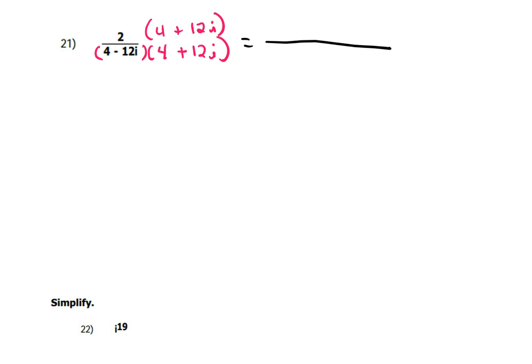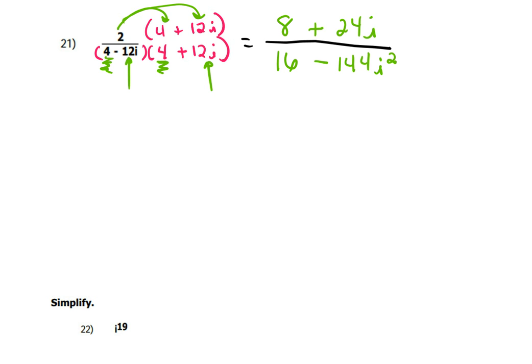And then on the top, I'm just going to distribute the 2. So that's going to make it 8 plus 24i. And then on the bottom, you have to go through the FOIL process, but remember on conjugates, outsides and insides always cancel. So just do first times first, which is 16, and then last times last, which is a negative